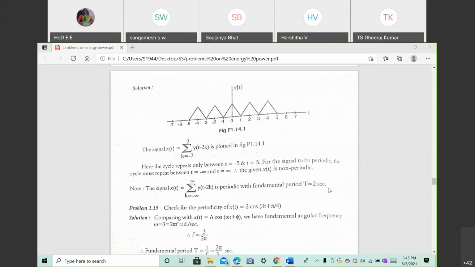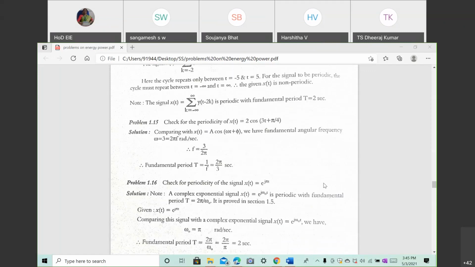That's why it is a periodic signal by looking at the figure also, and by seeing that interval of 2, after that it will be repeating. One complete cycle of the triangular waveform, minus 1 to plus 1, goes to the peak, then comes to 0, then 1, 2, 3, there also from 0 to the peak it goes and comes down to 3. Like that it is happening. That's why we say it is a periodic signal with period t equal to 2. Sometimes they will give the unit also, millisecond, microsecond, or whatever it is. Here they have given second as the unit, so that second only we have to use.